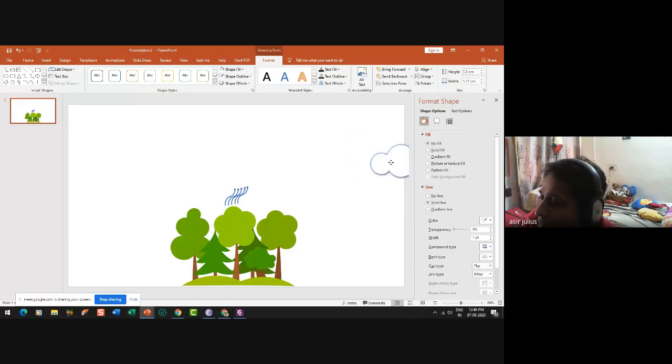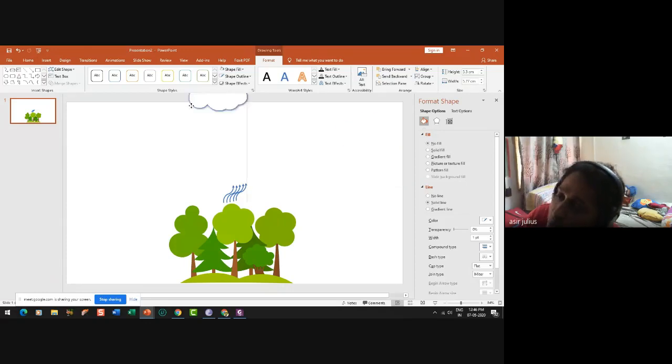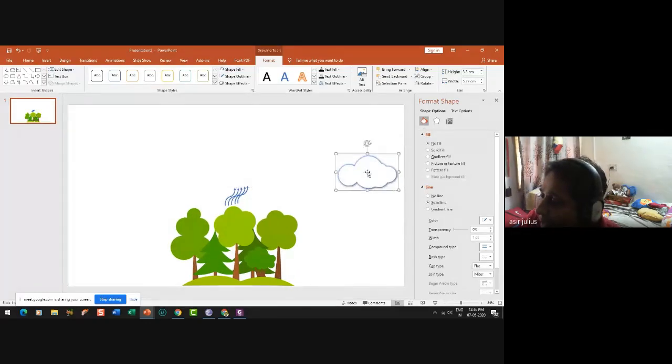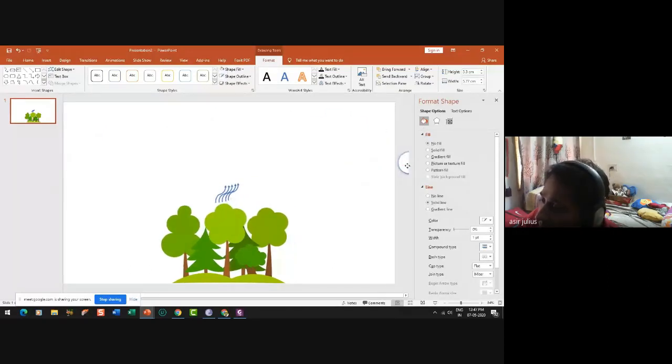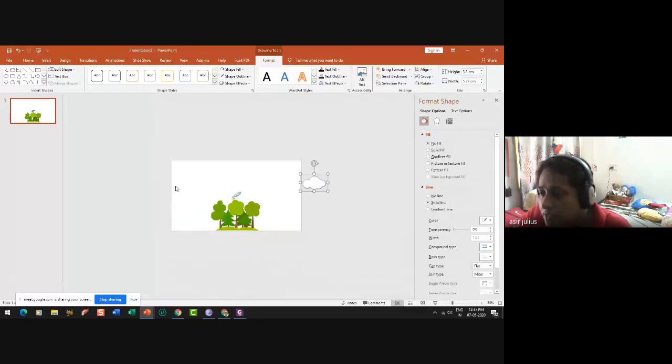I am going to keep it to my extreme right. Why extreme right? Because every time the cloud loops out, it should not start from this place. If it starts from this place, it will look awkward. So if it starts from the extreme right, which is away from the slide, the starting point may not be visible to the viewer. That's why we are keeping it to the extreme right and the end point at the other end. If I keep it here, you will find something very different because a cloud cannot come all of a sudden to a particular place. That's why I kept it here.